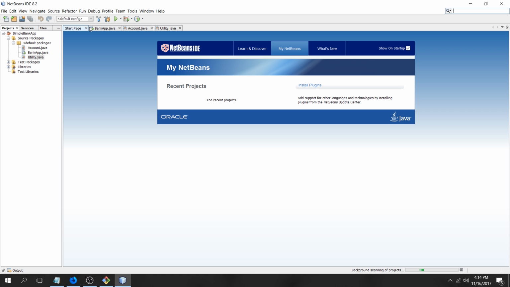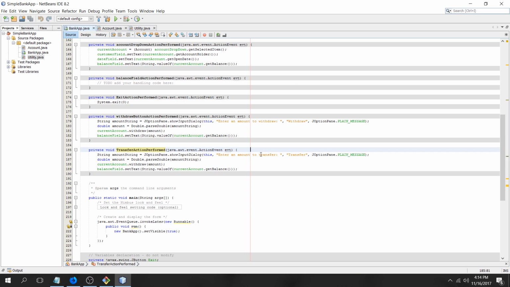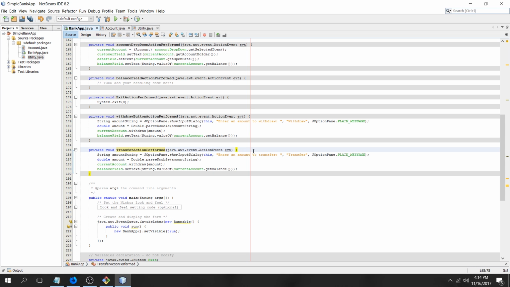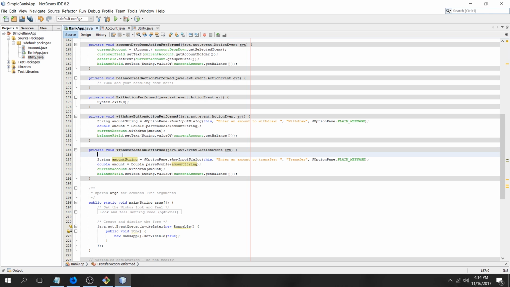Okay, so we're back to where we were. So the transfer action perform button. This time we want another menu, another dialog to get the user. For some reason my enter button doesn't work on that one spot, not sure why. Okay, whatever. So anyway, we want another one of these, except this one is going to be called